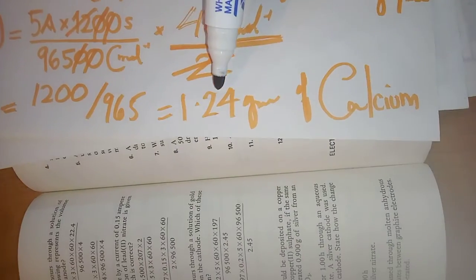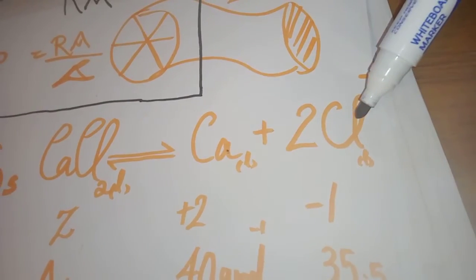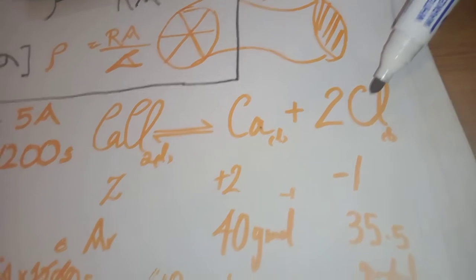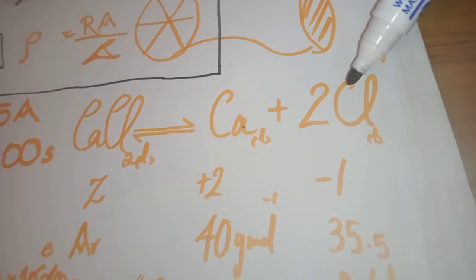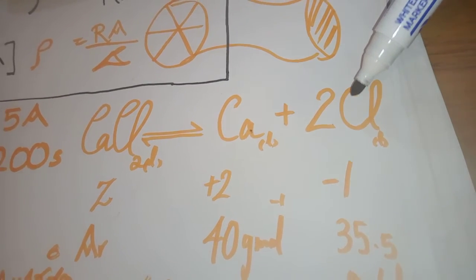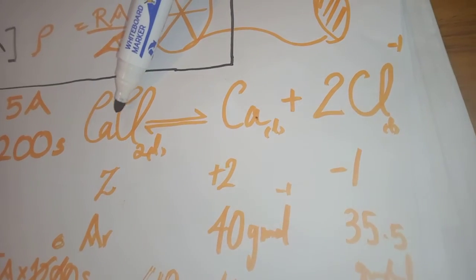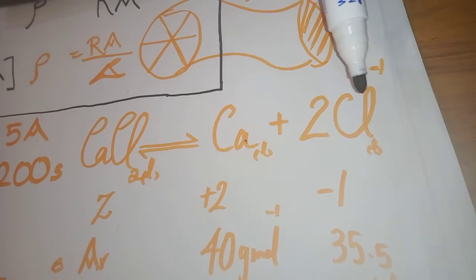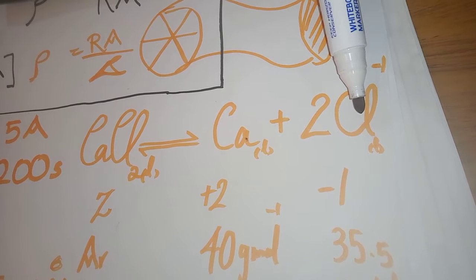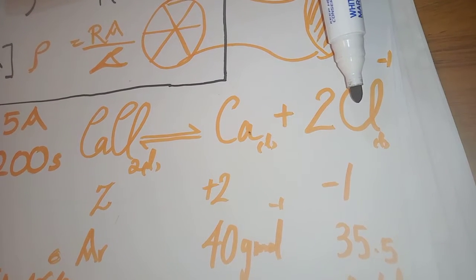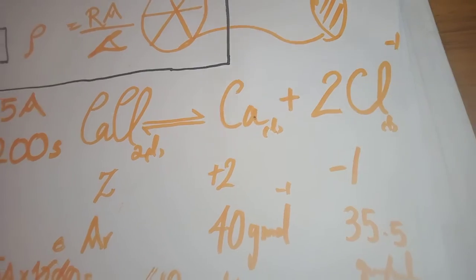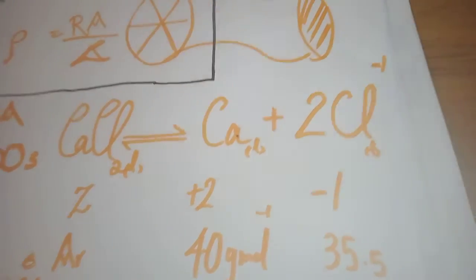It's only 1.24 grams of calcium, whereas 7.46 grams. And you can see that, because for every 1 mole of calcium there are 2 moles of chlorine being released. So whatever the molarity was, it'll be double the molarity, and hence double the relative atomic mass. So the answer would be